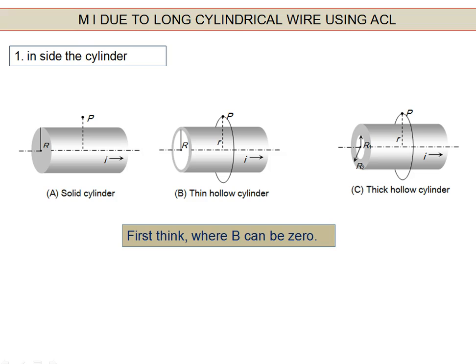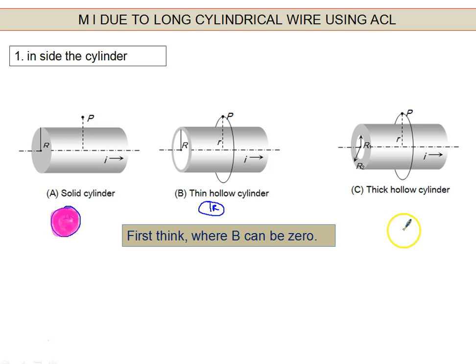Now I have to calculate the magnetic field inside the cylinder. Firstly, you have to tell me where the magnetic field can be zero. Like I say, I take this cross section of radius r. Here I say again the same cross section of radius r. But what is the difference in this situation and this situation? Here I think it is visible to you, this whole part is complete solid like this. Let me draw it. This is a cross section. Okay, but here it is not like that, it is hollow.